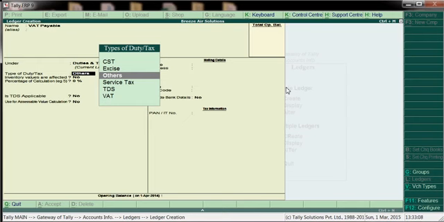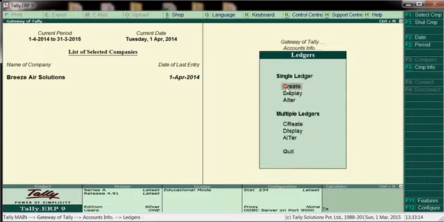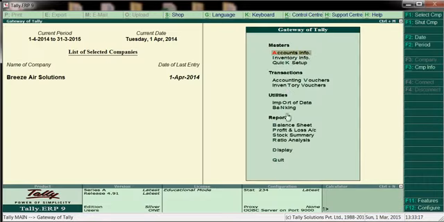Others, you mention just others. Every month we have to adjust output against input. We'll see here.